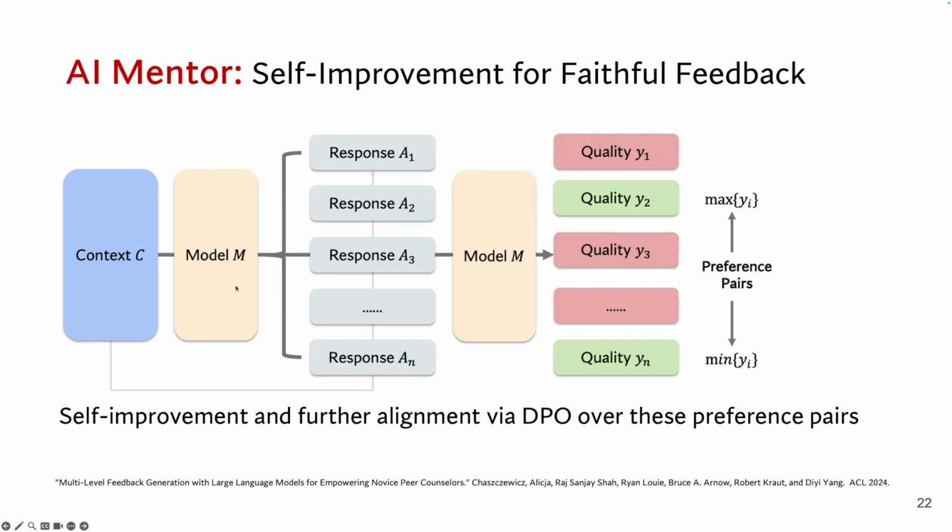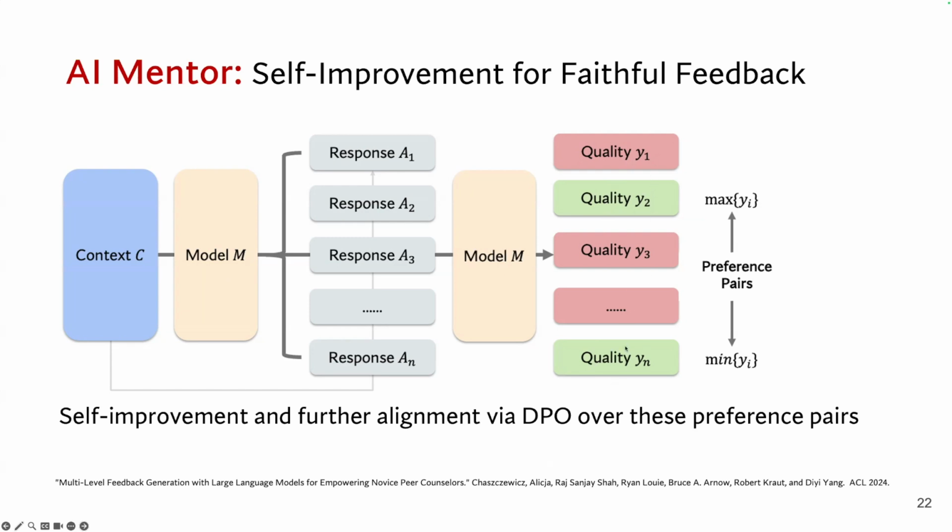The approach of how we get there is, let's imagine we have our current model M, which can already give some kind of feedback, but we want to improve them further. We first use them to generate many N responses here. And then using the current model, we can somewhat estimate the quality here. So we will have quality for each of the responses here.